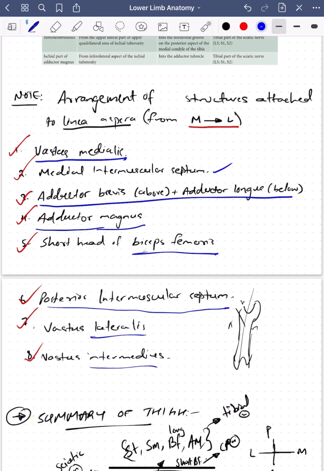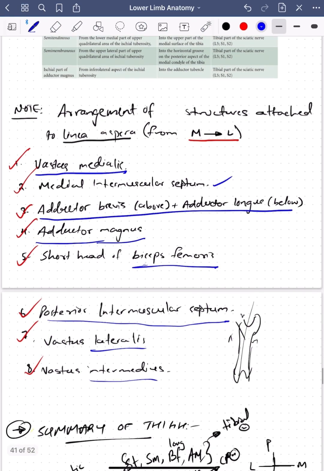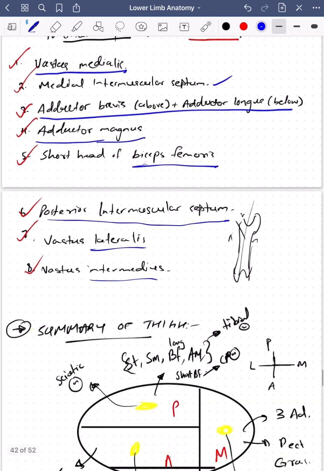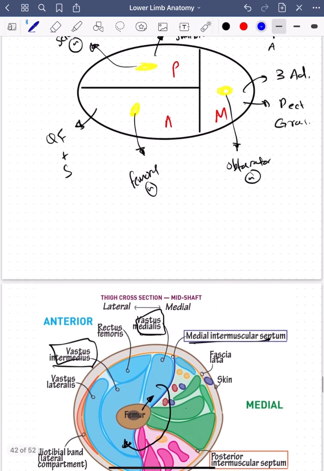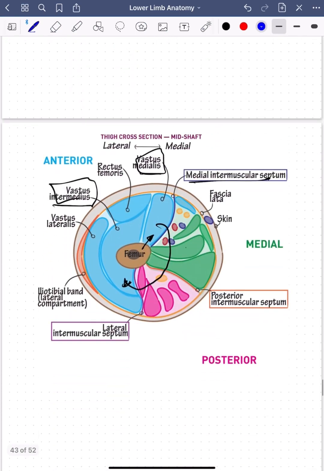Okay, so these are the structures attached to the linea aspera. Now this ends our discussion on the muscles of the thigh. Questions that may be asked are many 1 mark questions. Nerve supply may be asked, or the origin of sartorius and rectus femoris. Then this diagram itself may be asked as a 4 mark question. And this is basically the questions from your exam point of view. Moving on,